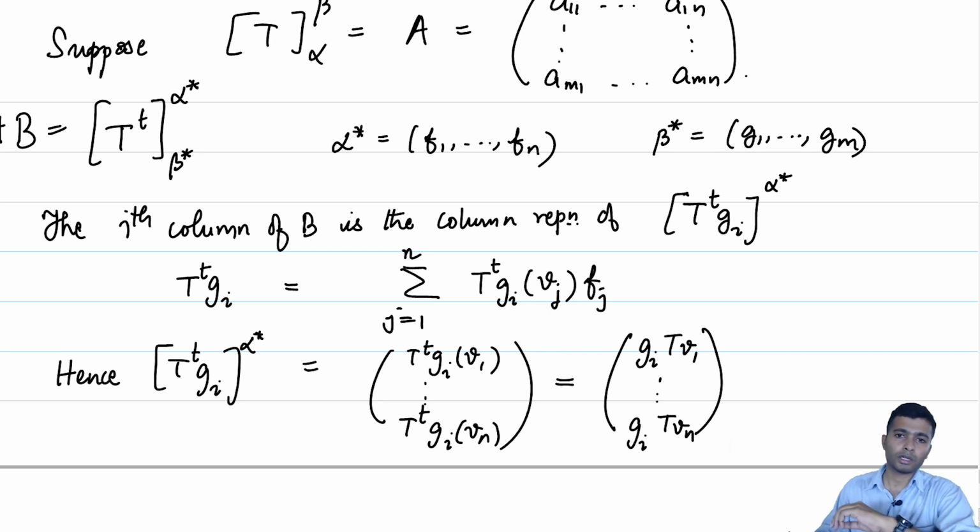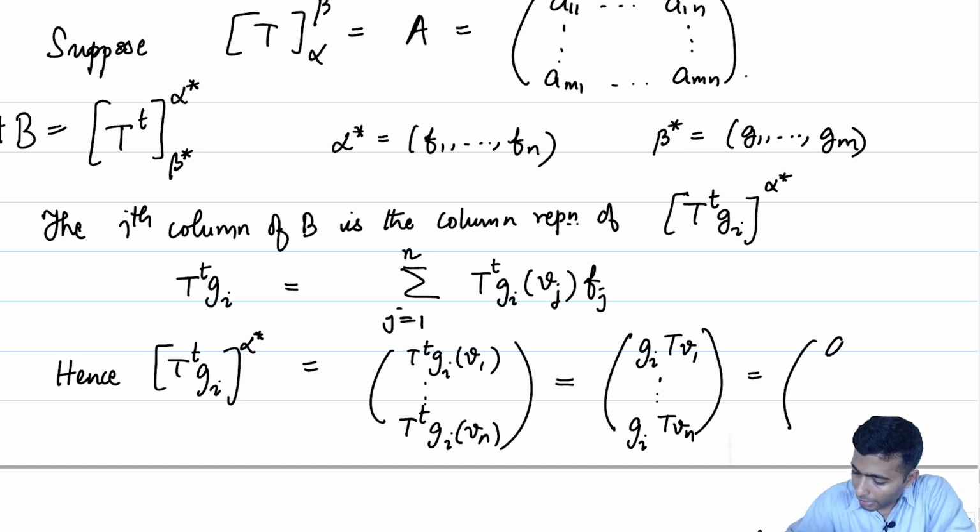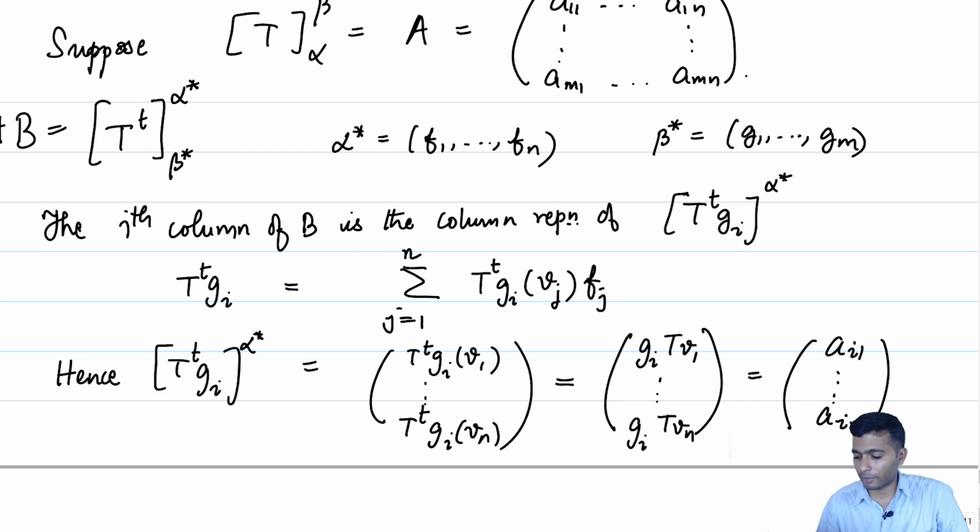Gi's are the dual bases corresponding to beta. So hence it is the ith coordinate with respect to W1, W2 up to Wn. So this is going to give you the ith coordinate. So this is going to be Ai1 up to Ain. But what is Ai1, Ai2 up to Ain? That is the ith row of A,